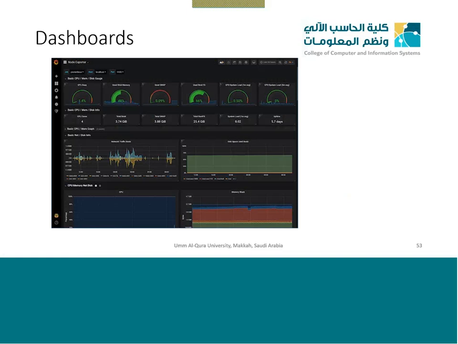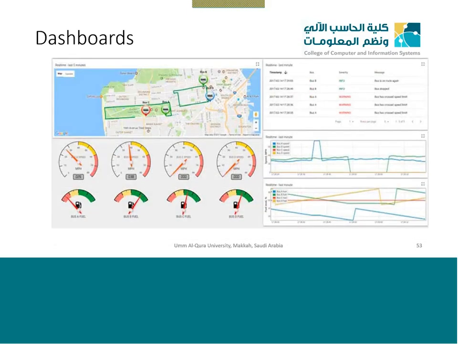For example, this is a dashboard for CPU speed and the server. How much is the data available? What is the RAM usage and all these things. This is one sort of dashboard. This is another dashboard. For example, this is for the GPS data of Careem or Uber or some sort of thing. If a company has some cars, it can show what is their fuel, what is their speed, what is their location. So they can have a look at all their fleet at any time.